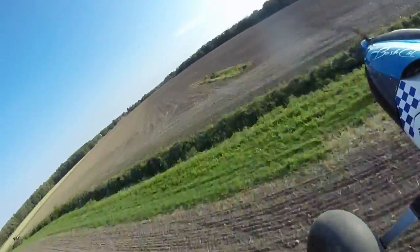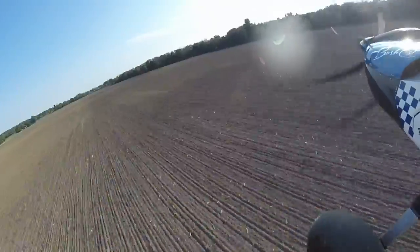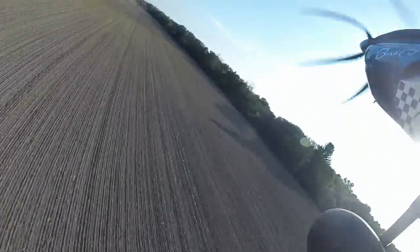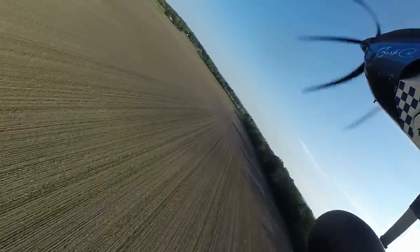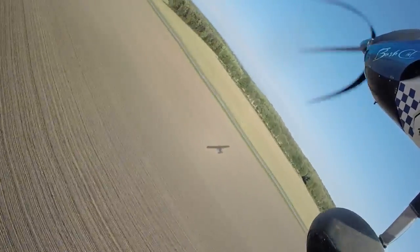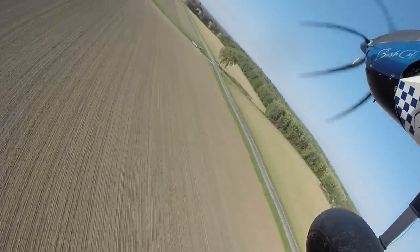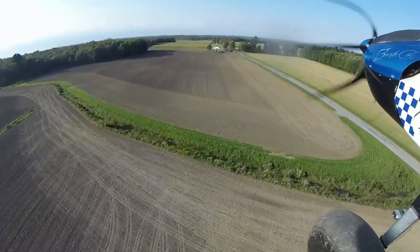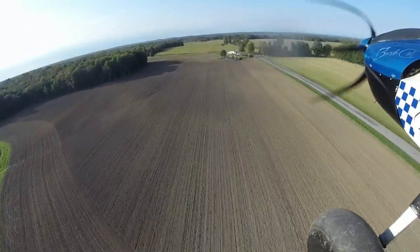So took off, and BushCat, low speed maneuverability, fantastic, but airspeed's your friend. So I like to get 80 miles an hour or better before I do any maneuvering close to the ground, of course, especially. So they had the tender there, and I flew back over, and Joe was visiting with somebody